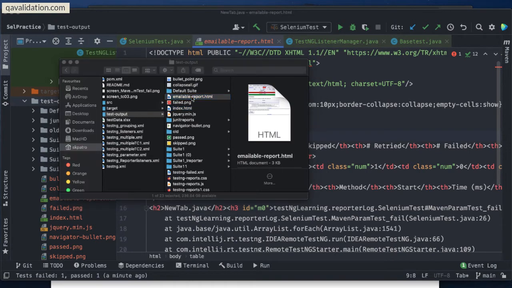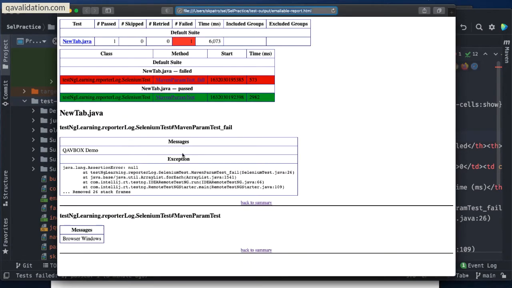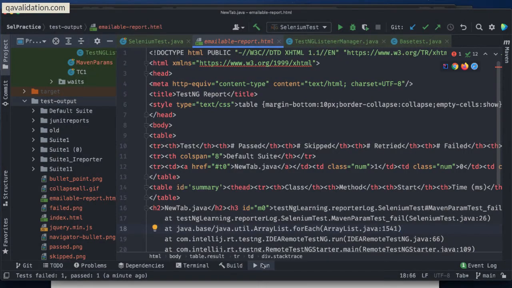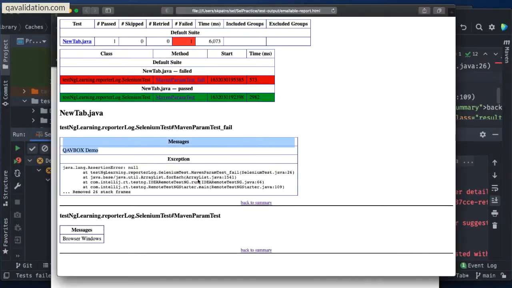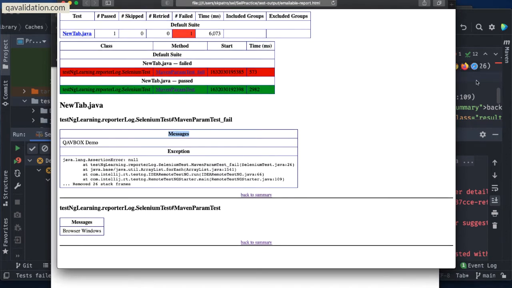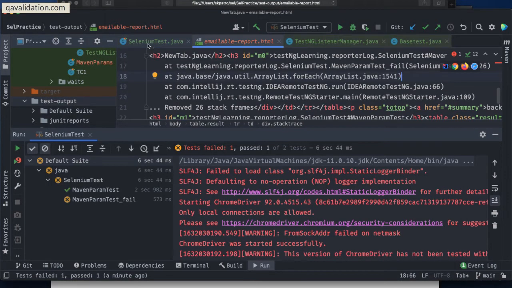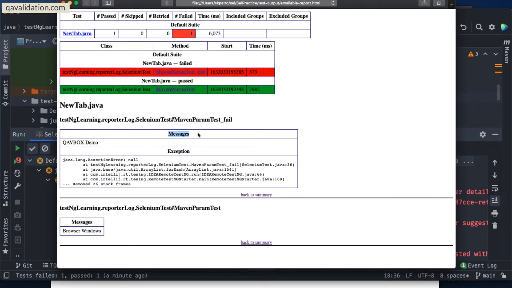Let me first click on this one, and as you can see, it is printing the message here and also here. So this is my pass scenario, this is my fail scenario. Though it didn't print into my console, it printed into this. Under the messages section, anything you print with Reporter.log will be printed into your messages section. That's how you will be dealing with that.